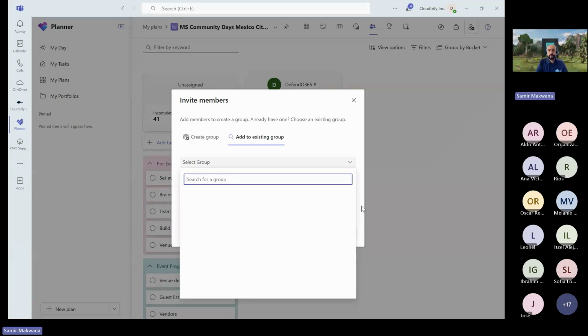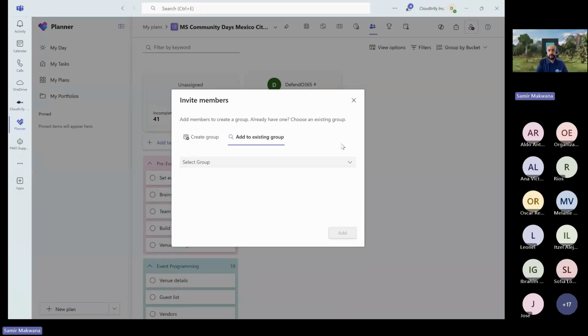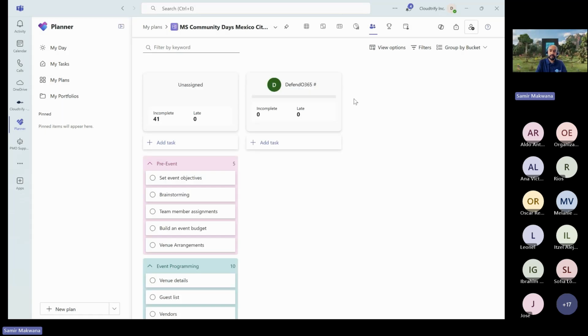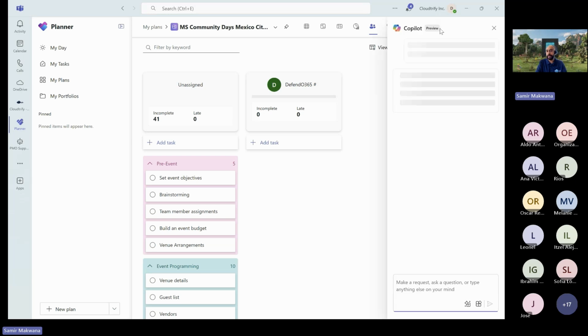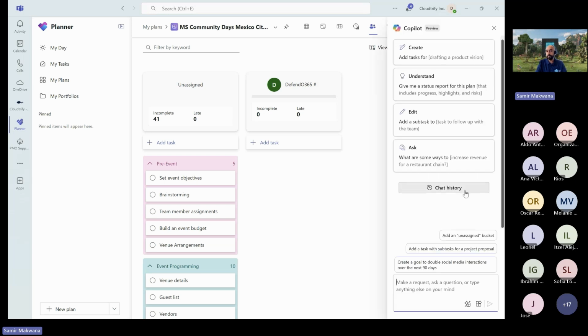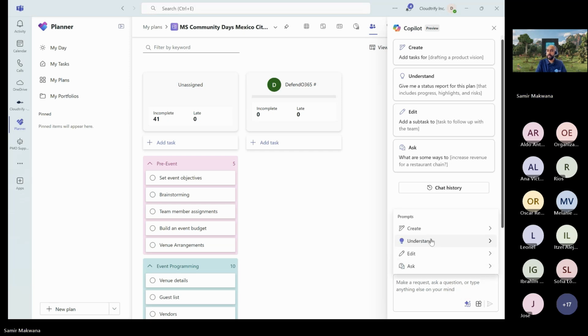I don't have any group here right now, but basically if you have any group of users who are part of a specific project, let's say this event management, and if you have a group for that, you can add them here. And once you add it, hopefully you can use the Copilot to assign them to the respective task. But let's say if I want to go ahead and summarize what is there.